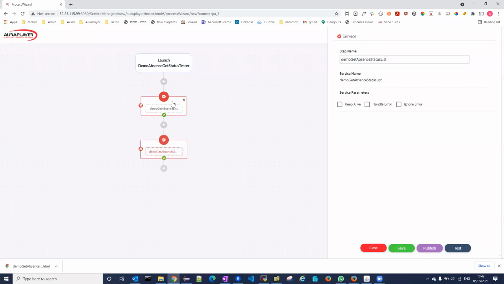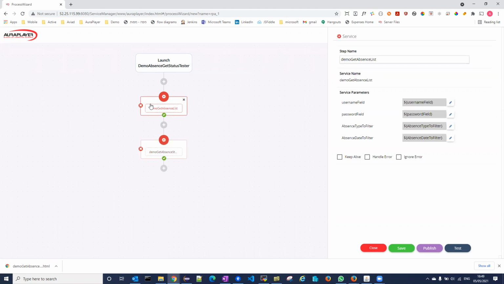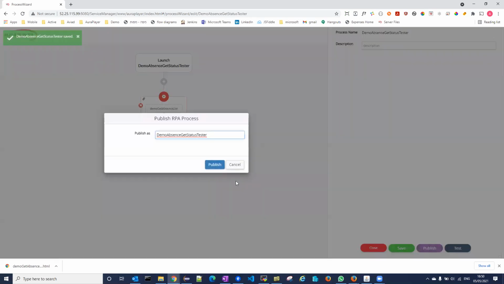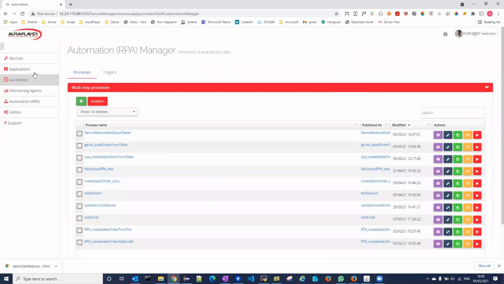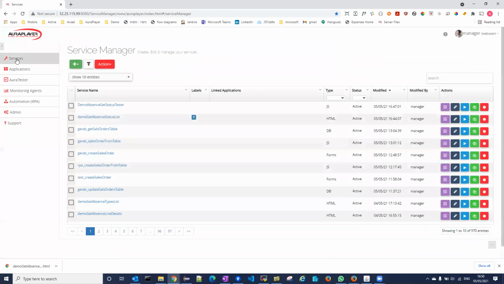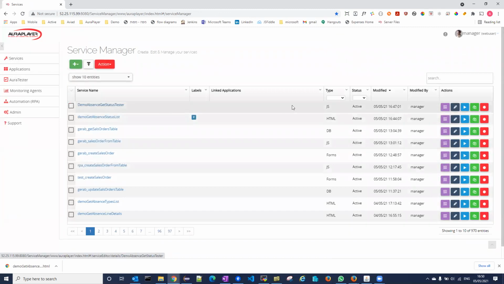And one thing that is important, when I'm calling the full service, I need to tell it to keep the session alive. In our RPA model, I just need to click this checkbox, which tells the service to keep the session alive, not to close it, so the next service will be able to use it. And I will publish it as a service. And if I go to the services again, I see here the service that I've just created. This is a JavaScript service that actually,